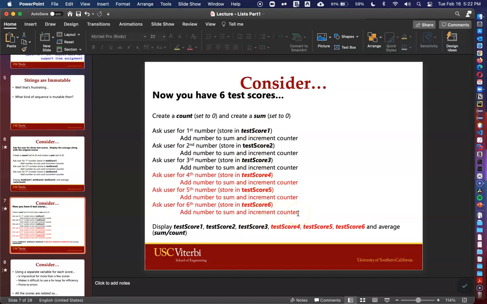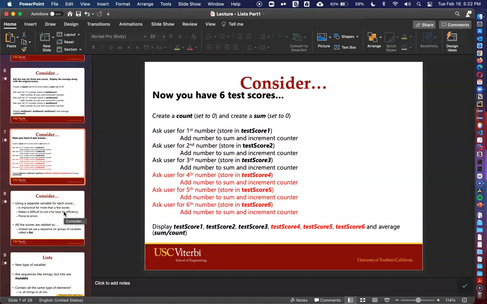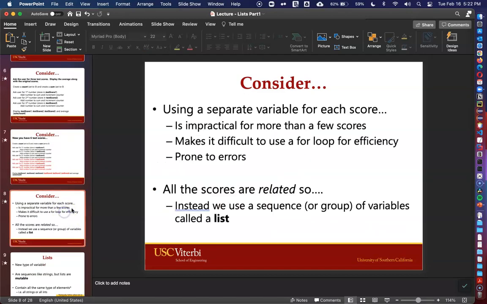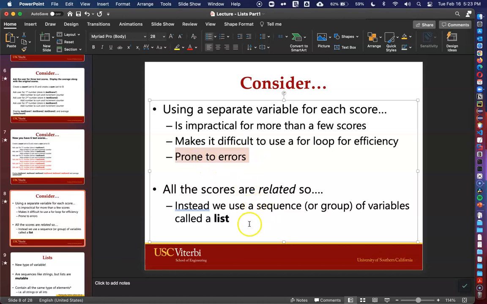What if we wanted to keep all of the test scores together and be able to revisit and look at all of them and do more advanced analytics on the collection of data, right? We could put everything in a variable, but that's impractical. If we wanted to do more than just a few, it would be hard to loop over that. We learned about while loops and for loops already, and then we might get mixed up. We might make a copy-paste error. We might call test score 2 instead of 3, right? Really, what we want is a type of variable that can store a sequence that is mutable,